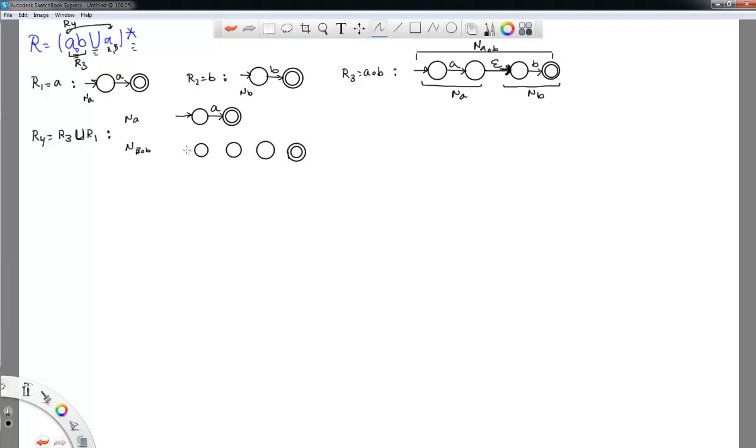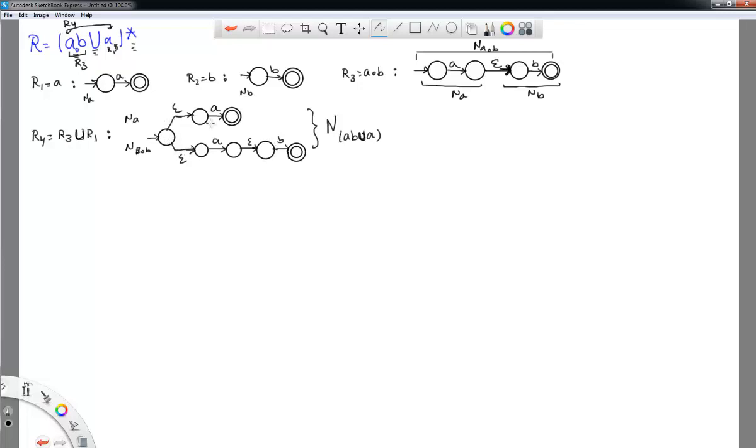Here. So you've got this, which goes with an A, with an epsilon, and with a B, and sub AB. And then the construction for the union effectively requires me to add a new start state and then have that transition with epsilon to the start states of each of the machines. So this becomes my N sub A B U A, okay, which basically is the union